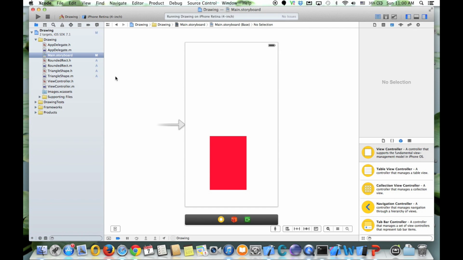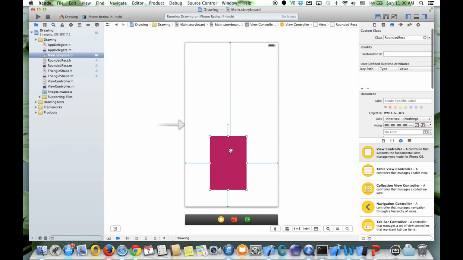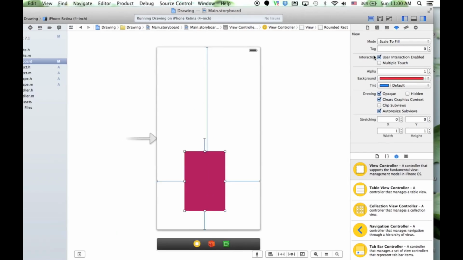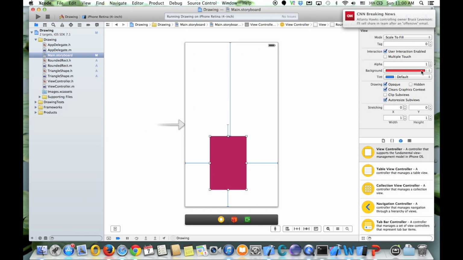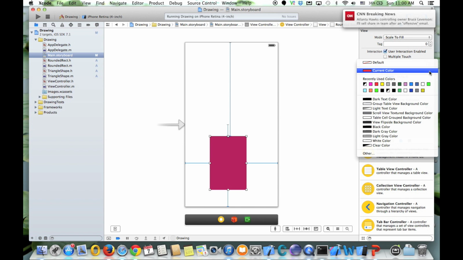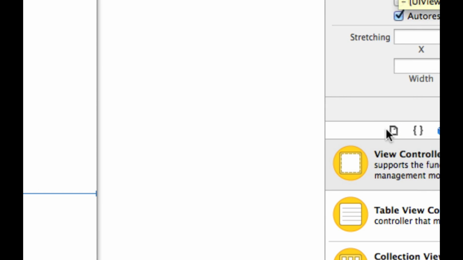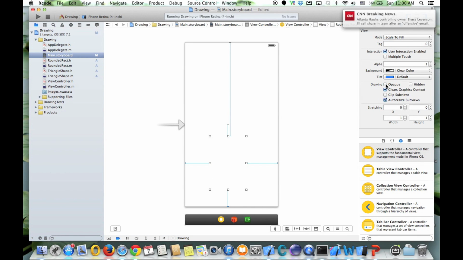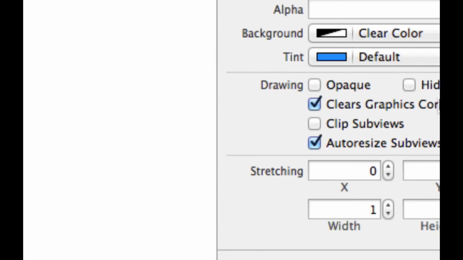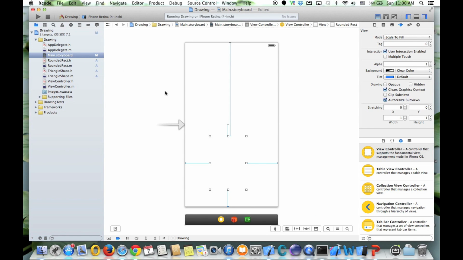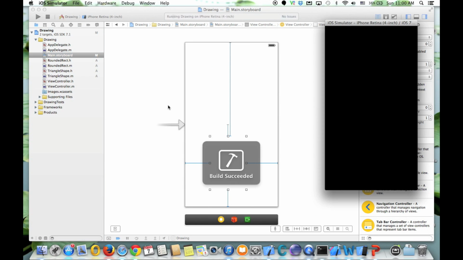But why is it like that? If I select it and go to the Attributes Inspector, we have a background which is red. If I change it to clear color, and uncheck this opaque checkbox, which was checked, and then run the application,